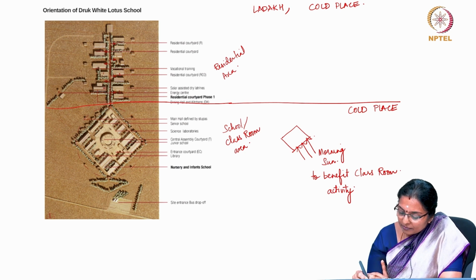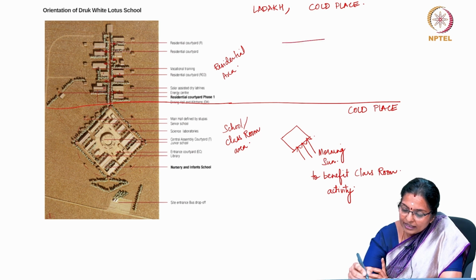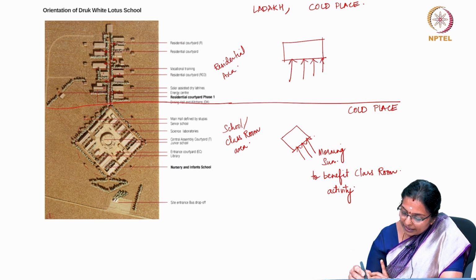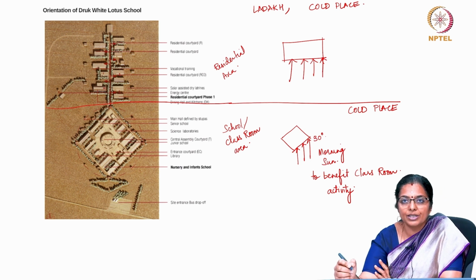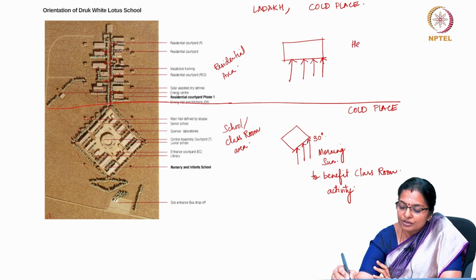So, there is a slight angle, and here it is directly along the south, and here it should ideally be 30 degrees to the south. Here it's direct radiation through the day, so that heat is stored